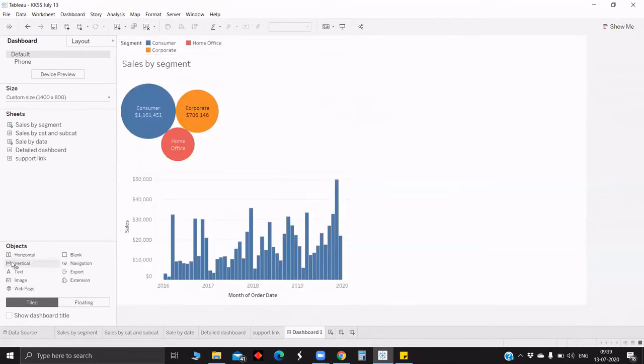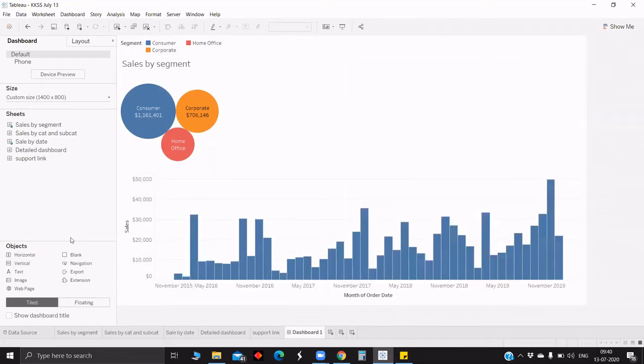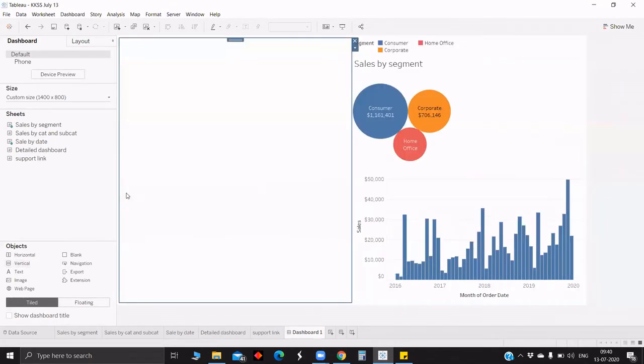So basically the idea behind this is, when you pull the vertical, the shading which shows will say where you want the vertical or horizontal. It tells you about the shading before the container comes. Whenever you pull your horizontal or vertical, there will be a shading which shows exactly where the container which you are trying to put will come. So since we have pulled the vertical and the shading was in the entire region, we got the new vertical beside the existing vertical.